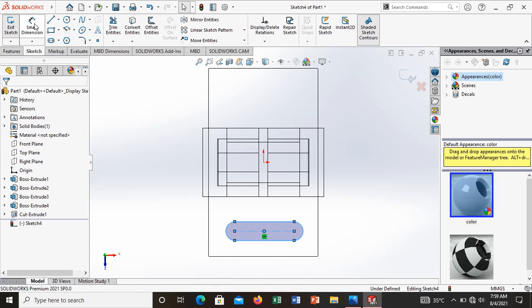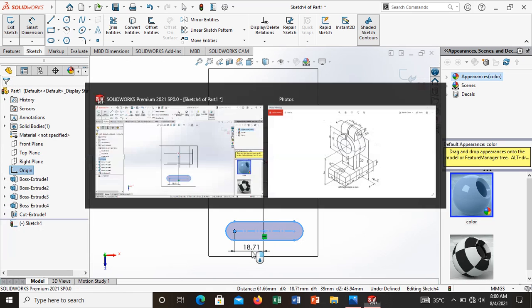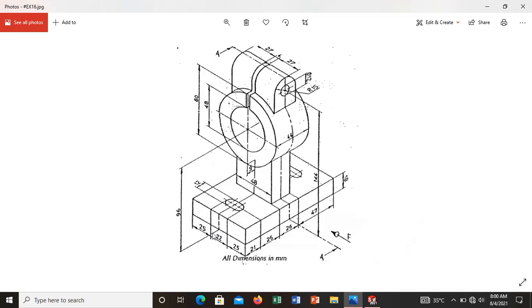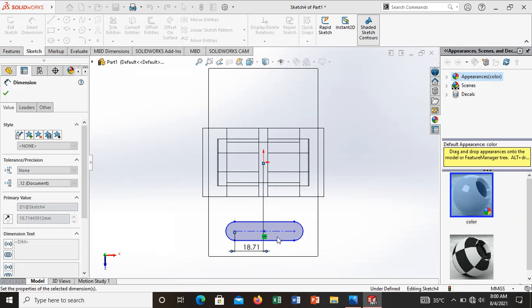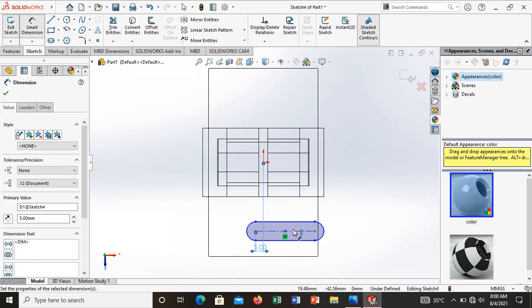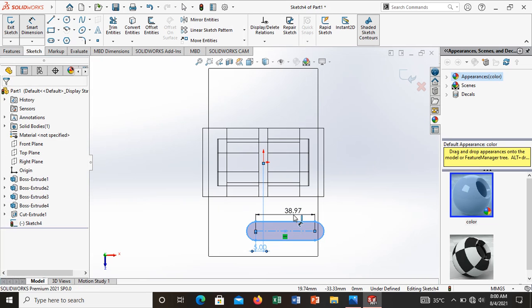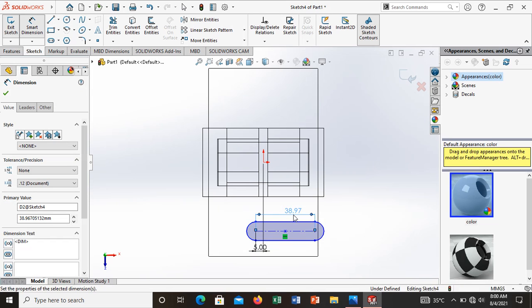Go to the small dimensions. Make the dimension from the center up to this point. The total dimension is 22, minus the radius 6 is 6, so 6 plus 6 is 12. Minus it from the 22, to 12, we have only 10. So 10 means give half of the 10, 5, and the total length is 10. Now the slot dimensions are completed.